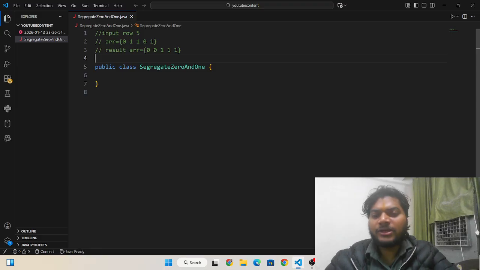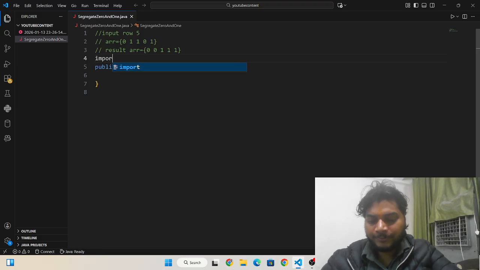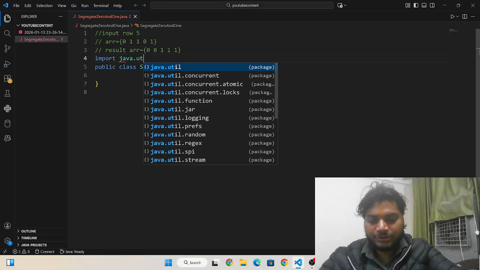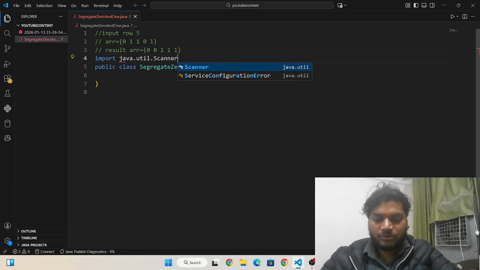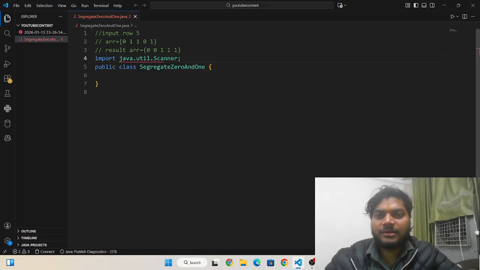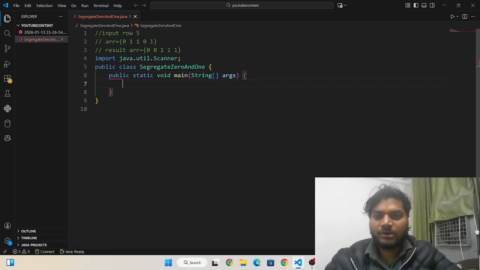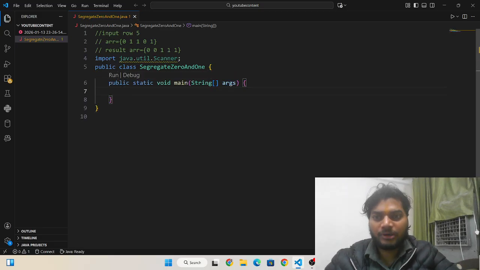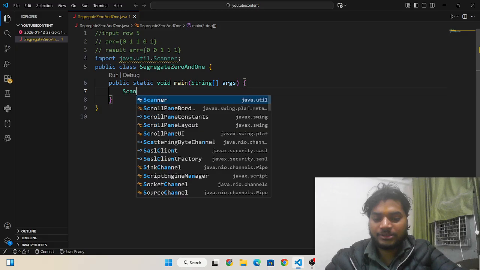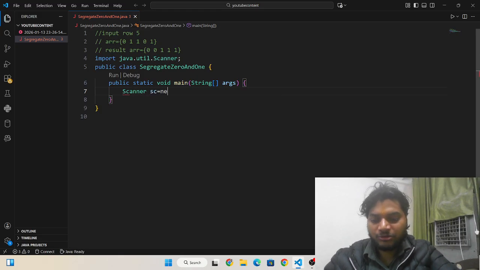Okay, so I need to write here import java dot util dot Scanner. Okay, this is the Scanner class which we will use to take user input. Okay, and then here I need to write psvm, that is the main method of this program. This is the main method of the Java program, and then we need to write an object for the Scanner class. So I need to write here Scanner sc is equal to new Scanner System dot in,